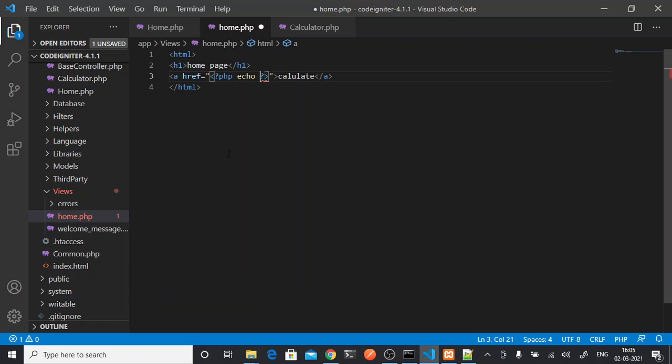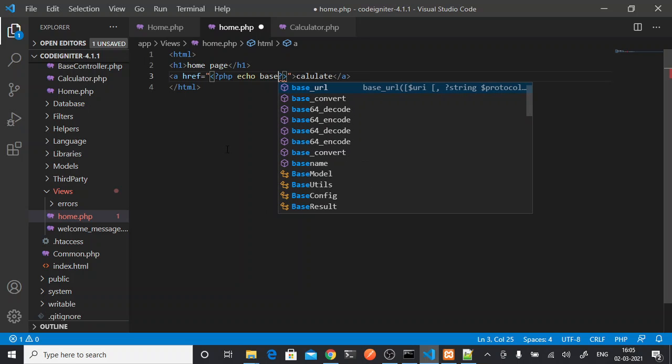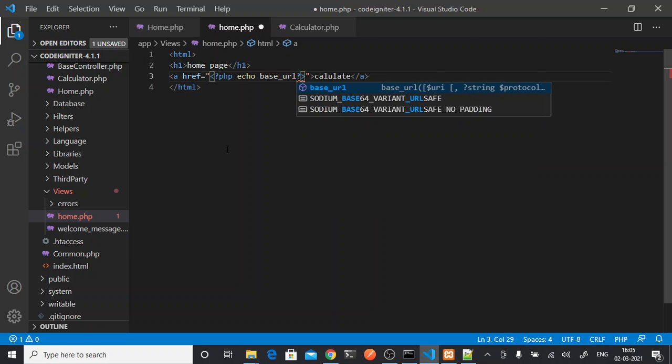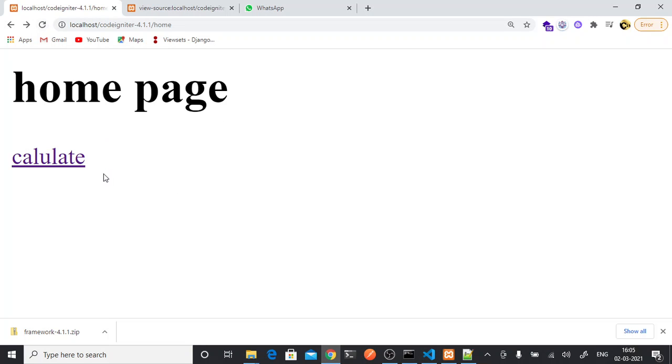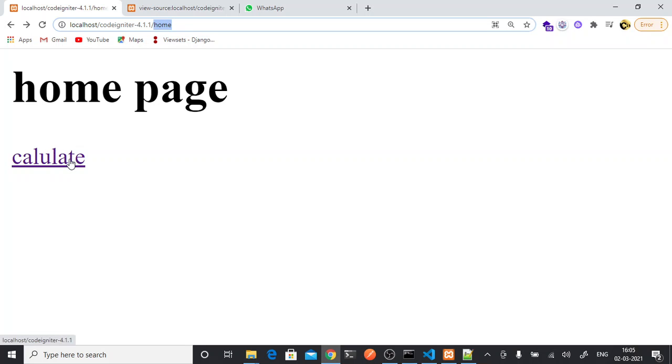first let us echo our base URL. So see, you have a calculator link, and if you can see in down left corner you can see localhost CodeIgniter 4.1.1. So I want to go from here, home. Instead of home I want to go to calculator.